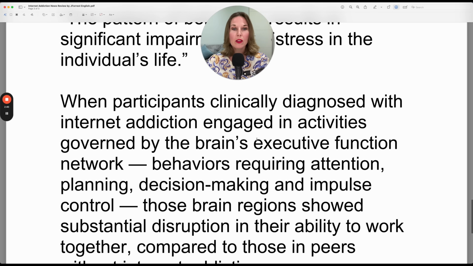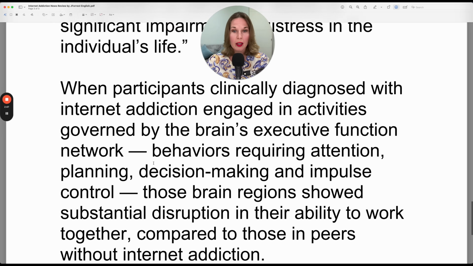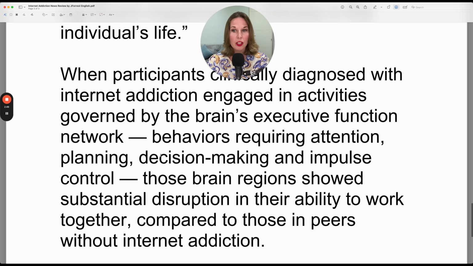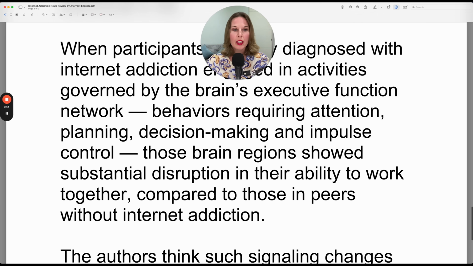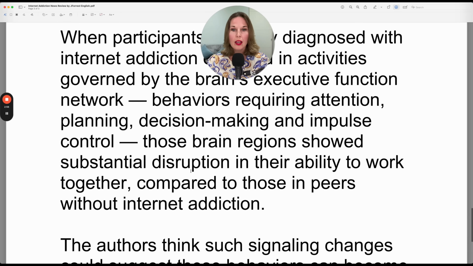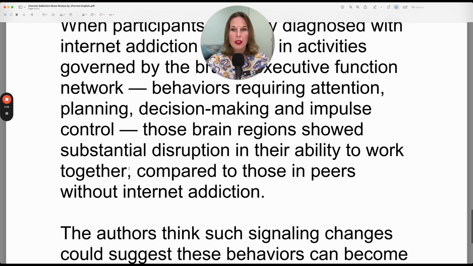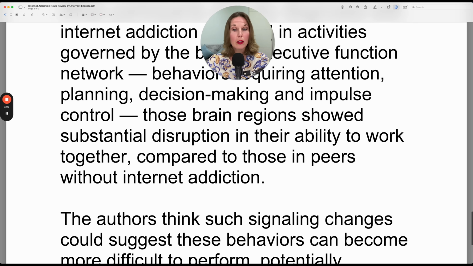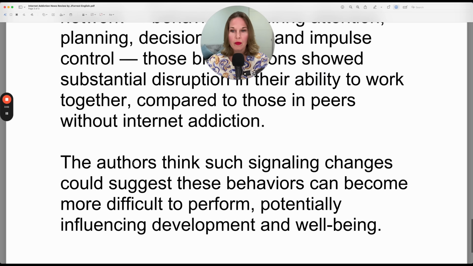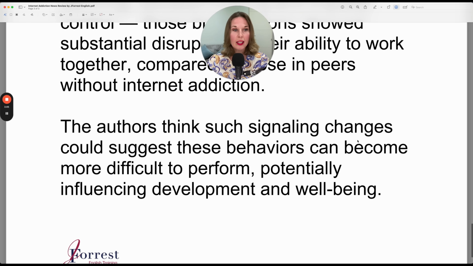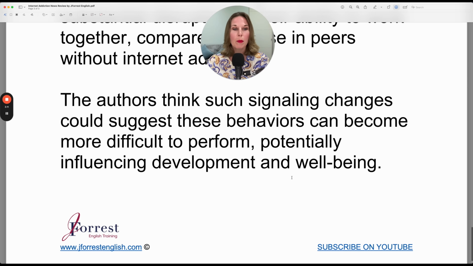When participants clinically diagnosed with internet addiction engage in activities governed by the brain's executive function network, behaviors requiring attention, planning, decision-making, and impulse control, those brain regions showed substantial disruption in their ability to work together compared to those in peers without internet addiction. The authors think such signaling changes could suggest these behaviors can become more difficult to perform, potentially influencing development and